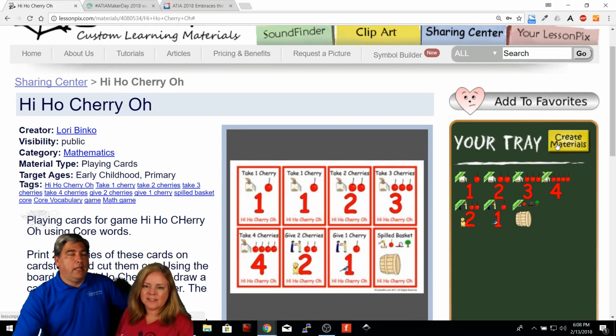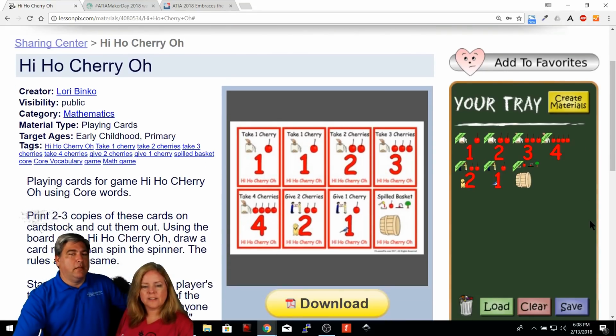So let's go ahead and make something else. A die you could fold. Can I get rid of the basket, or do I need the basket? You can get rid of the basket. Can I get rid of the give one cherry? Oh, take one cherry. Gotcha. I understand now. You can get rid of one of the cherries. Oh, this isn't important.